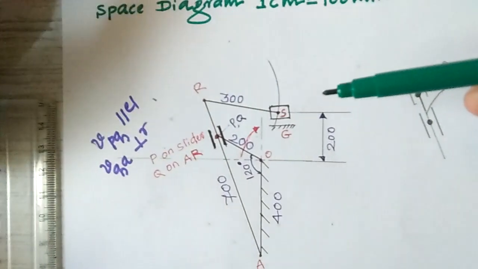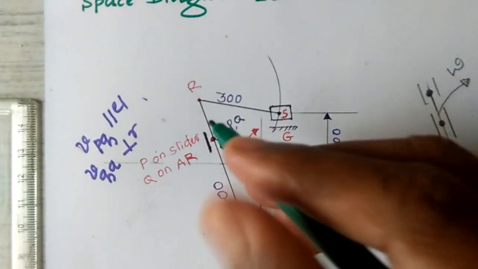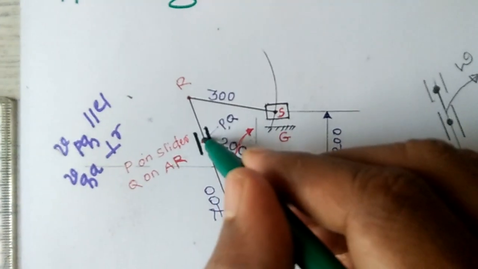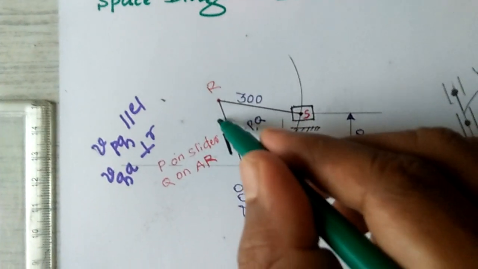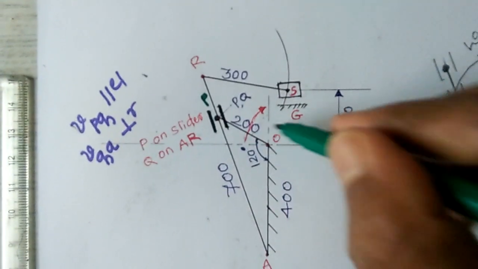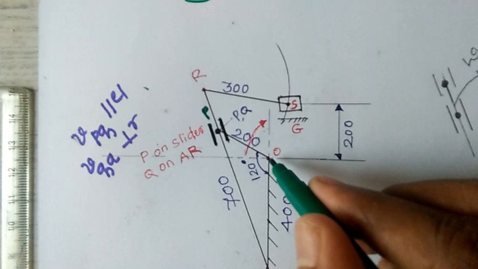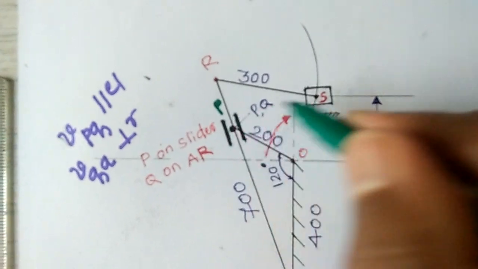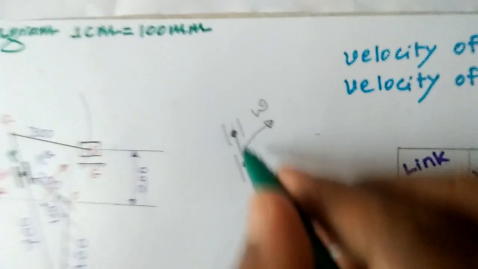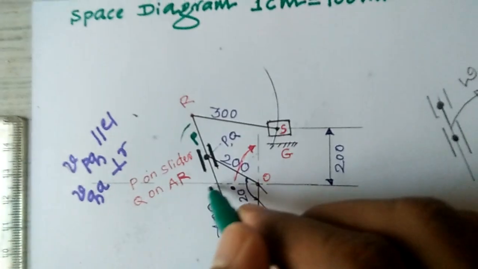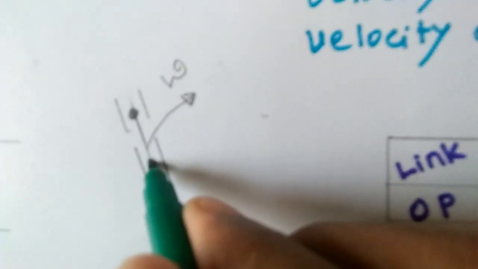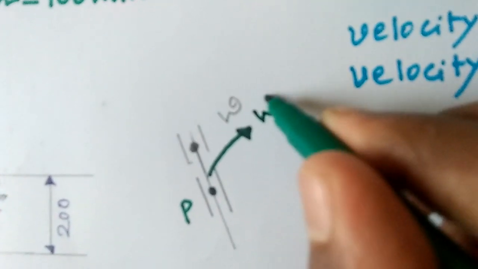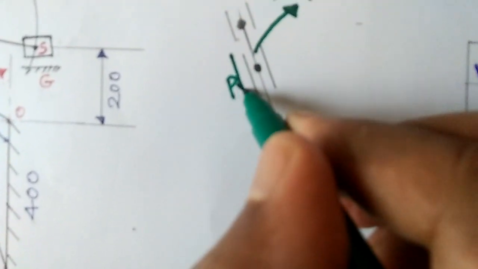Then here is one important thing. Here you have to study this slider. You will find the slider at this point, which is marked as P. First, if you consider P, in this case it is a slider crank mechanism, this is a slotted lever type. What happens? If you look at this point P, I have taken an enlargement here. If you consider this point P, it takes angular motion. At the same time, it oscillates also.